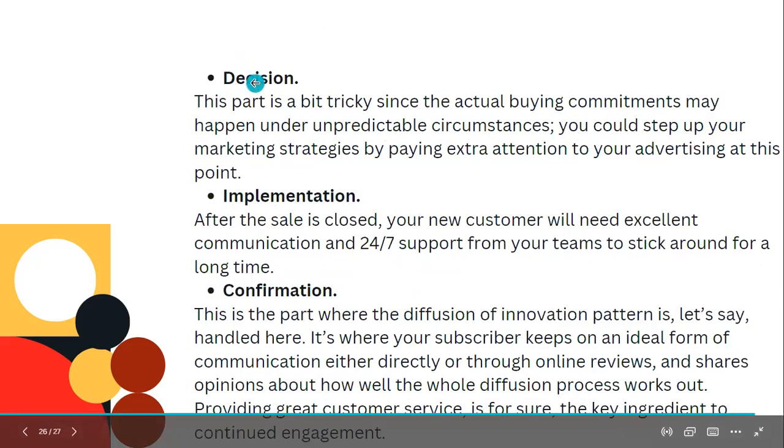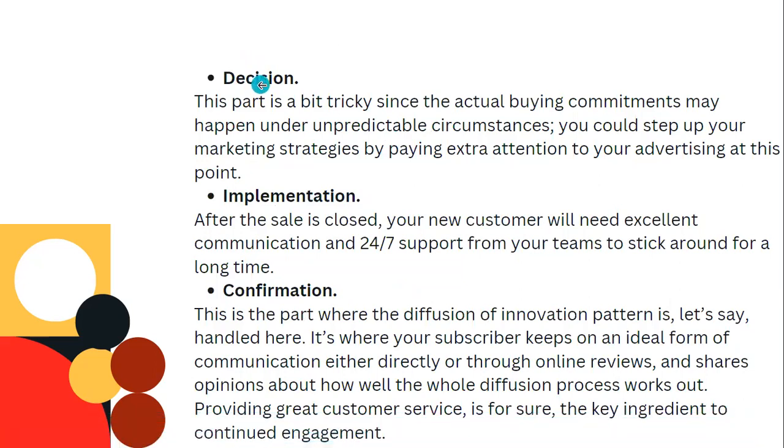Then next, you are making the decision. After the awareness stage and after the persuasion stage, you are making the decision that you are going to buy it. After you make the decision, the next stage is implementation. You made the decision to buy, so now you are going to pay the money and buy it. So after buying it, you need